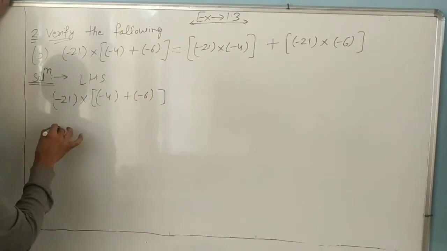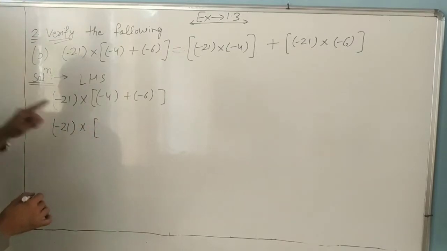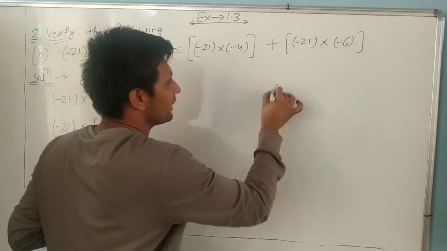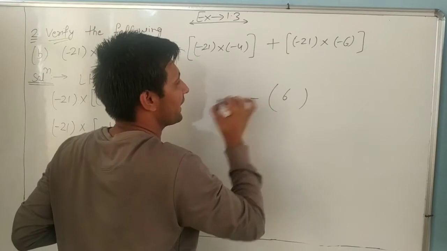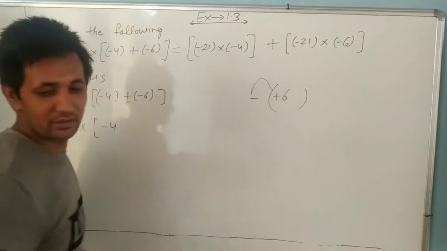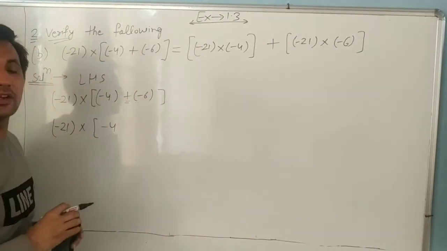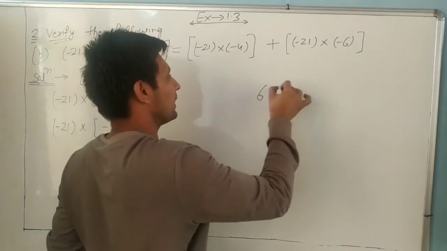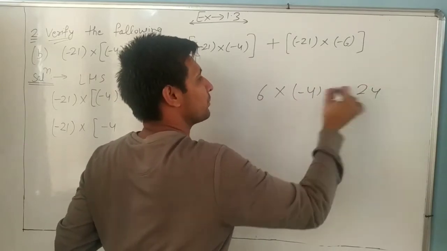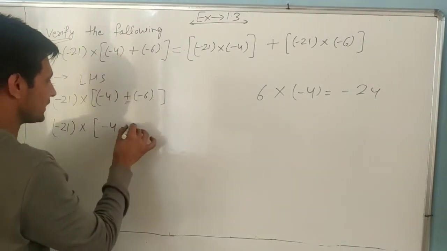So first we have minus 21, then minus 4. Always remember, if you write any number with a minus sign, it is negative; without it, it is positive. They are in multiplication, so we write positive multiply negative. In multiplication, one positive number and one negative number, we multiply them and put the sign negative. Positive into negative, the answer is negative.